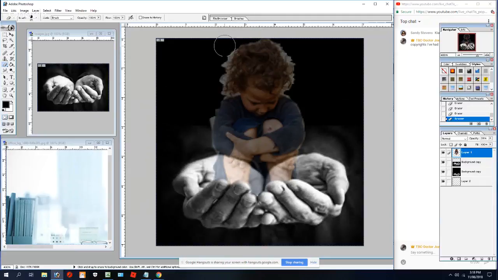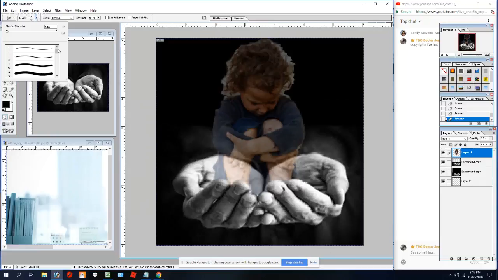Now I'm just tidying her up. Excuse me. And you can soften this up by using a different type of eraser as well.